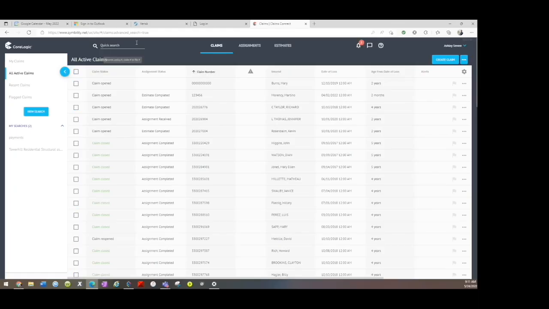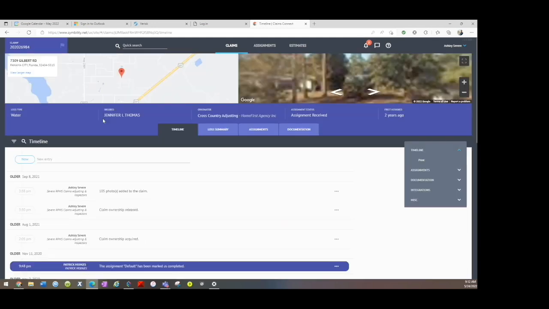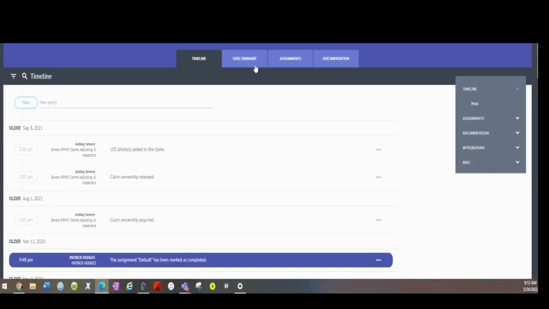So once we figured out our map and populated our calendar in Google Calendar, now we want to pull up our FNOL prior to calling the insured. Let me see where's the favorite one that I like to select, because for this particular client, it didn't allow me to populate this information. So it allows this information to be available for training. So once I click on this claim, Jennifer Thomas here,